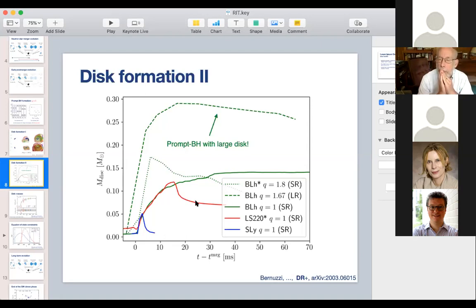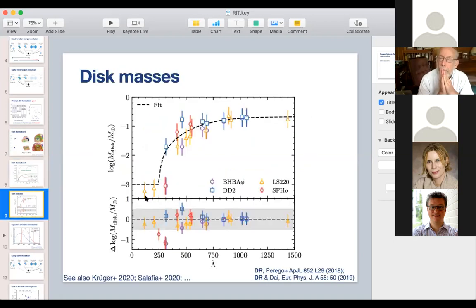But apart from this point, to come more directly to your question, if we take the constraints that LIGO gives only, so the tidal deformability as inferred from GW170817, and we look at the equations of state that we have, then the range in allowed disk masses is very large. It goes from 0 for GW170817 all the way to 0.2, maybe 0.3 solar masses. If we include the disk mass as a part of the way in which we constrain the equation of state, then of course the range that we infer in possible disk masses decreases, but this is by construction.